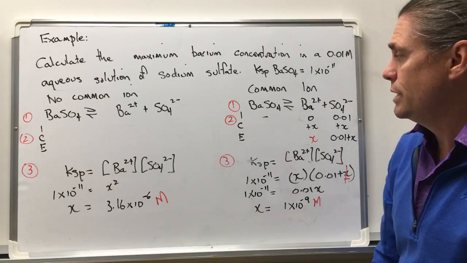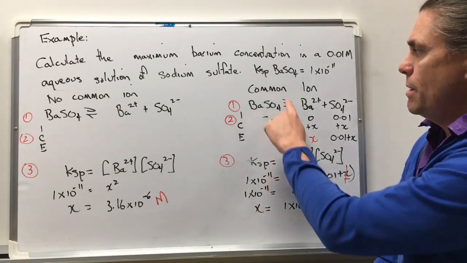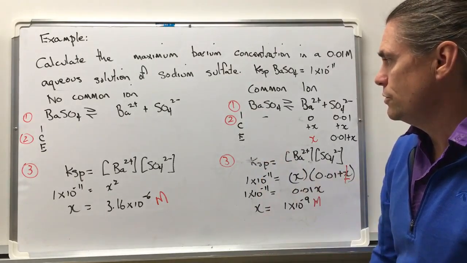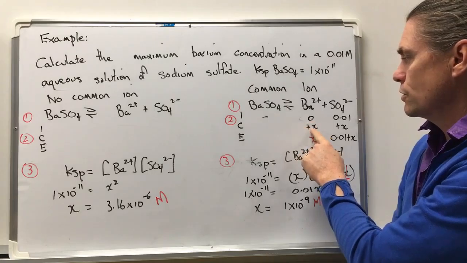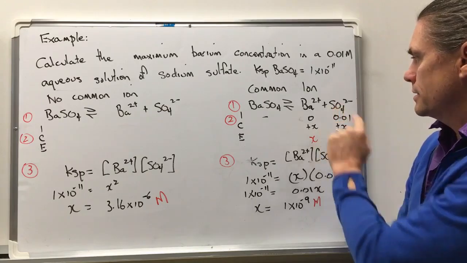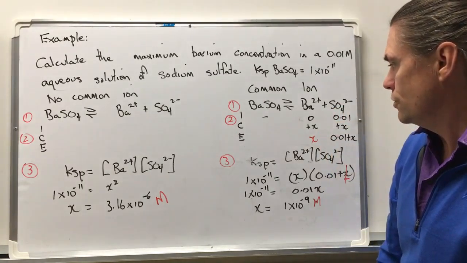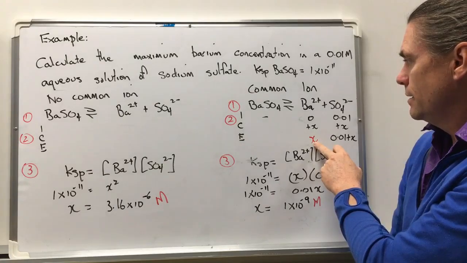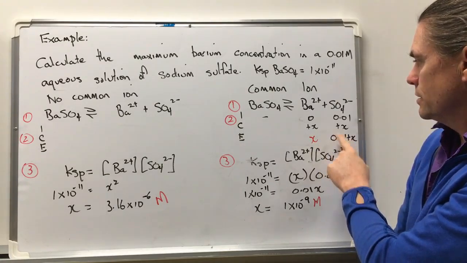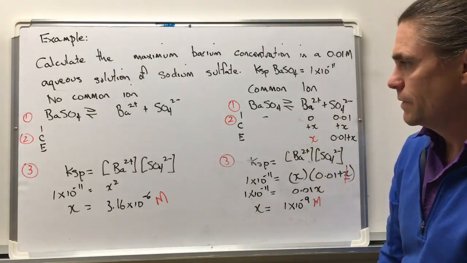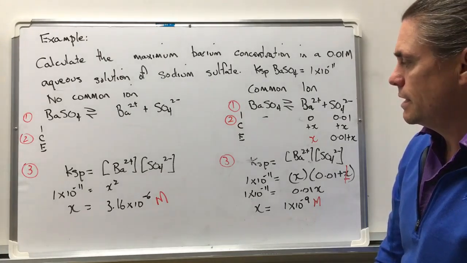Now, as this shifts to a new equilibrium, we get a change. So our barium sulfate from our original part of the question is put into solution. Some of it will dissociate, we're just not sure how much. So we get x, and we also get a 1-to-1 ratio, so we also get x sulfate ions in solution as well. And at equilibrium, we've gone from 0 to x, so we've now got x moles per litre, or x molar at equilibrium, and our sulfate ions, we started with 0.01 molar, plus our change of x, so we get 0.01 plus x. We then follow the same step as we did over here to set up our equilibrium